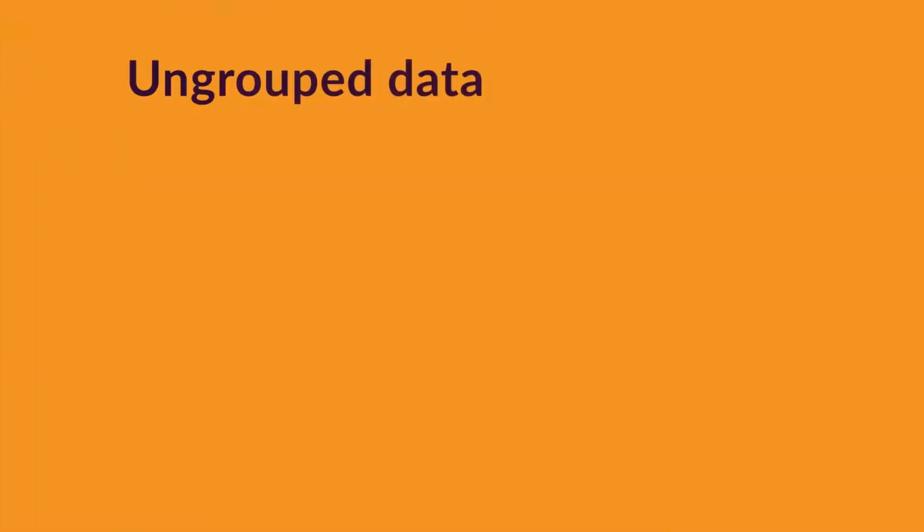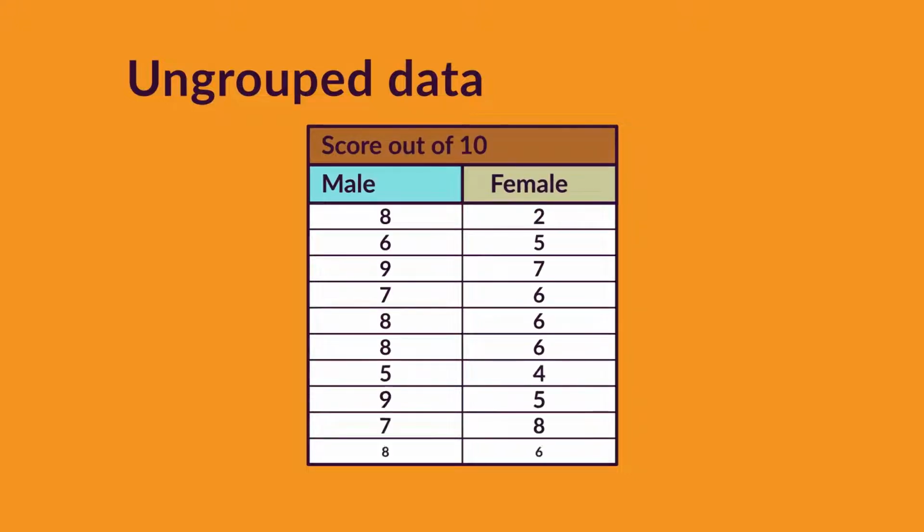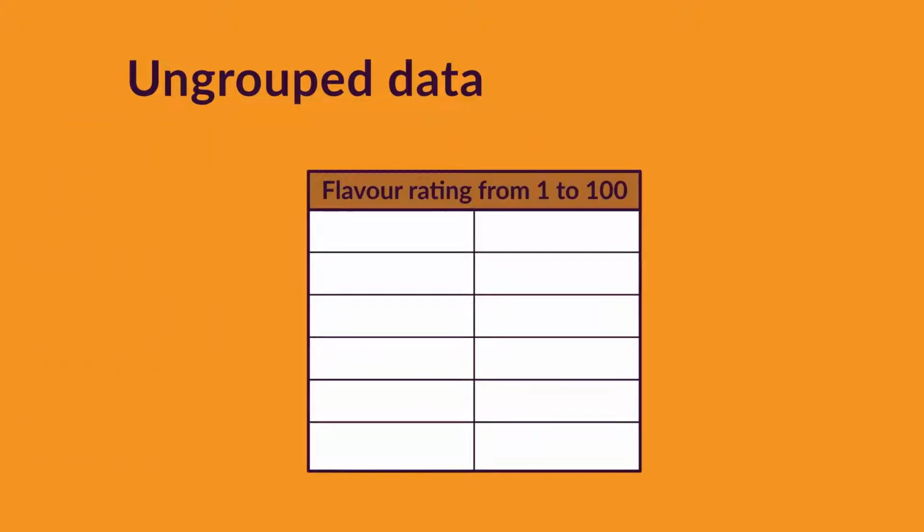Let's run through some terminology quickly. Maya collected raw data to analyze and find the answers she needs. This is called ungrouped data, and is data that has not been classified or subdivided. Let's say she'd asked the respondents to give a rating of between 1 and 100 for each flavour of soda, so she could tell the vendor which flavours he should stock. To get a feel for whether a flavour is popular, unpopular, or somewhere in between, we would need to group the data points together into